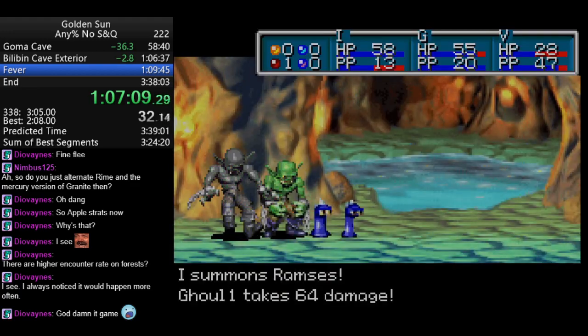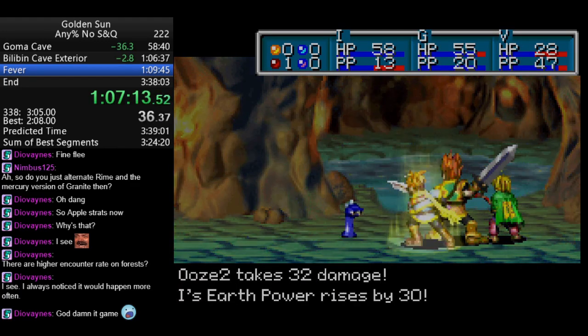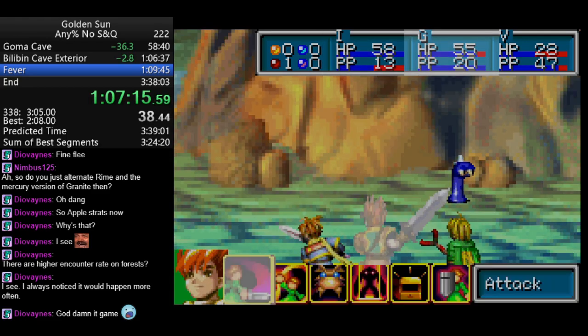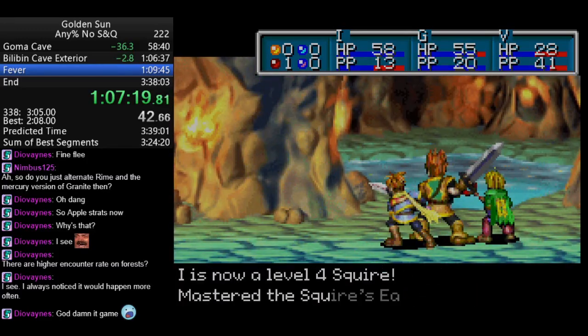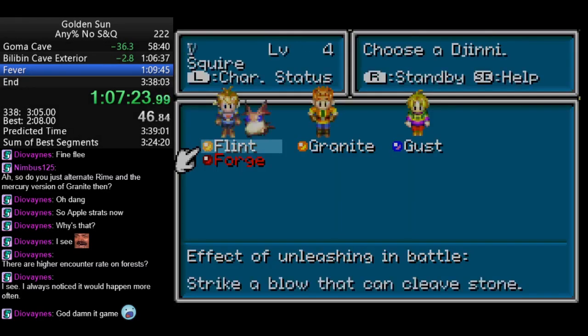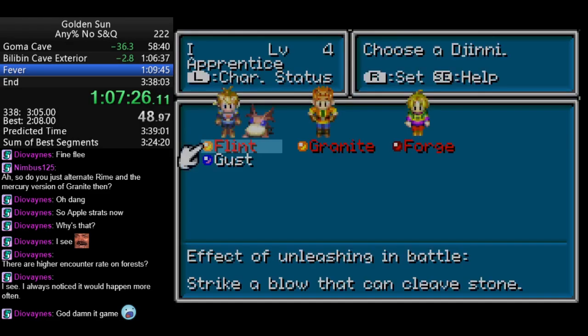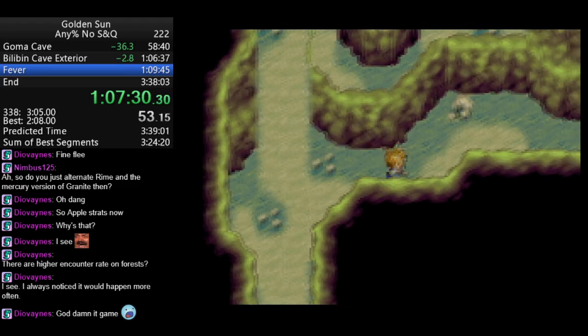You clear one encounter, you get a level up, then you swap Gust over to Isaac. You set Gust on Isaac, and then Isaac will now outspeed 2 slimes. Super valuable. This saves a lot of time in this section of the game. In particular, the slime encounters become completely free. It is a little bit more annoying to heal. You have to go in and stand by Gust and then cure everything to get that through,